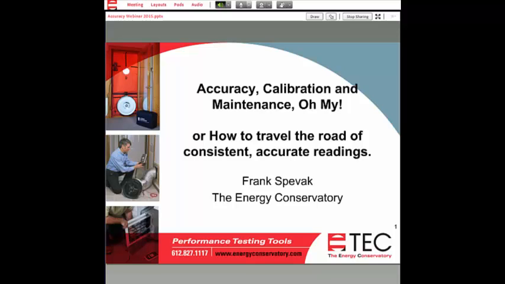The information from this session is certainly related to our products, but also, in general, when it comes to accuracy, it applies to instruments pretty much universally. So with that, we've got a couple minutes after 1 o'clock Central Time, and so we'll get started.